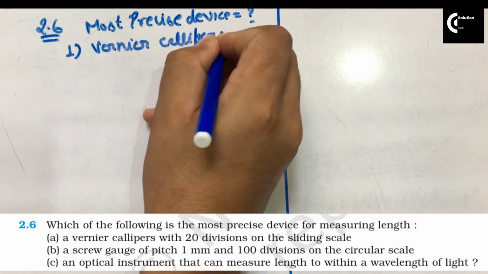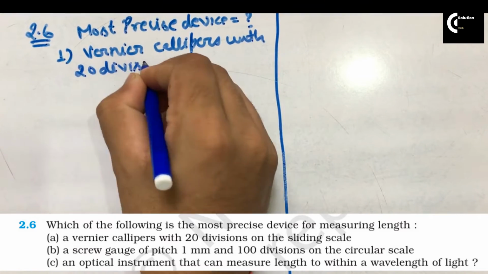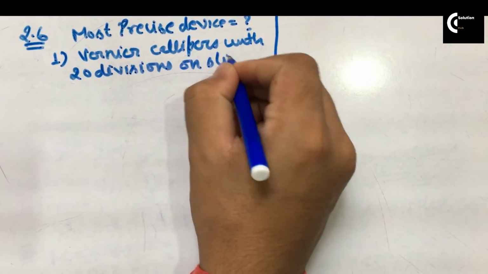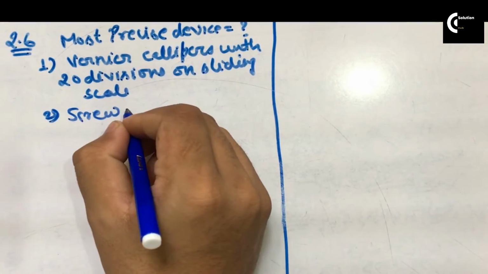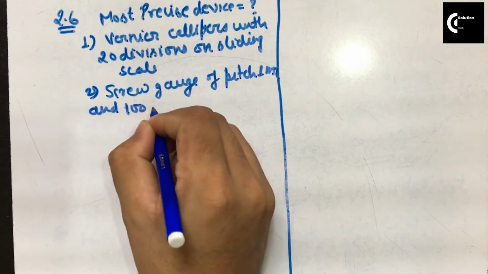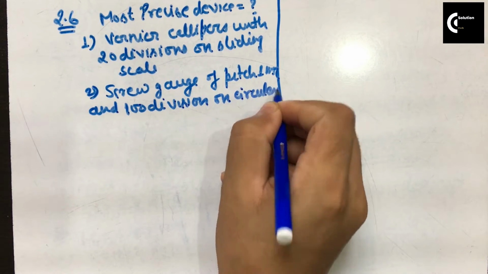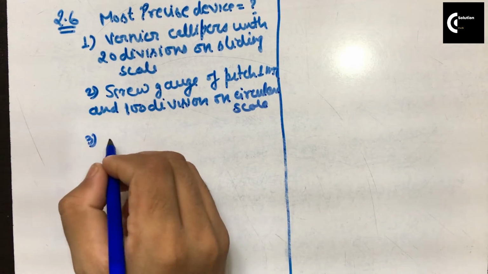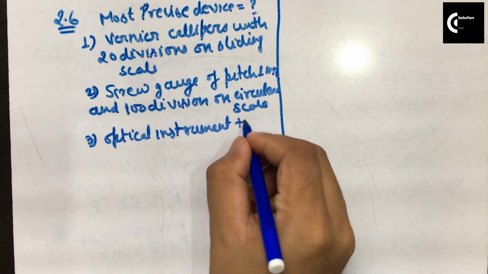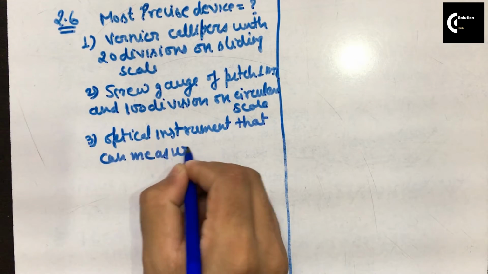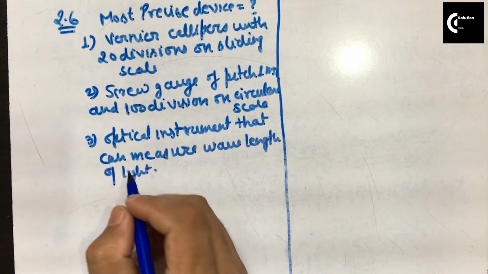So the first device is vernier calipers. Some specification of the vernier calipers is given, that this vernier calipers has 20 divisions on the sliding scale. Now the second device is a screw gauge. The screw gauge has 1 mm pitch and 100 divisions on the circular scale. And the third device is an optical device whose name is not mentioned, but it is mentioned that it can measure the wavelength of light,